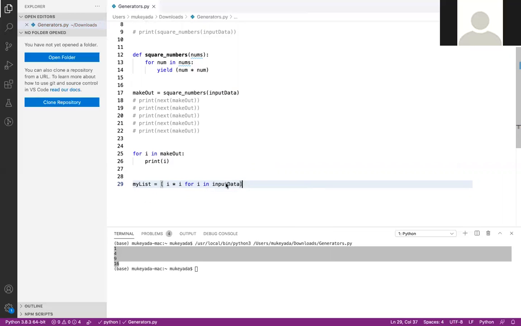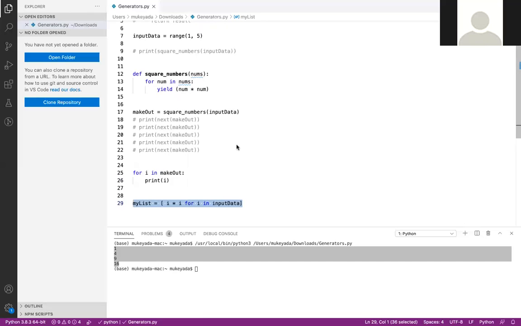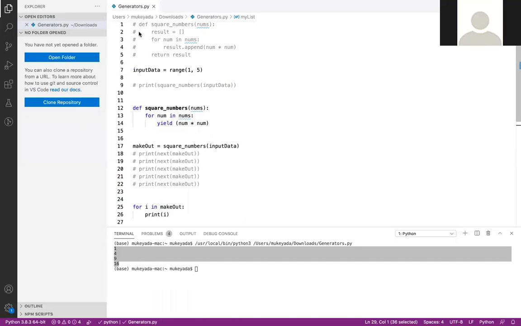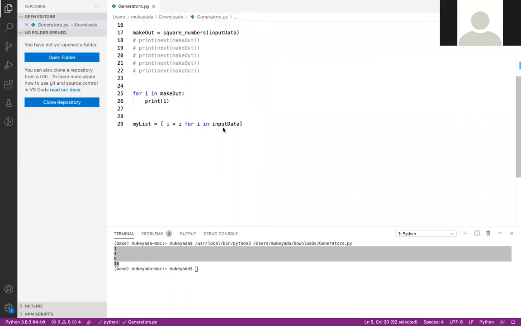This one line, line number 29, replaces all the lines we wrote before, so I reduce the code to a single line. Let me print my list.